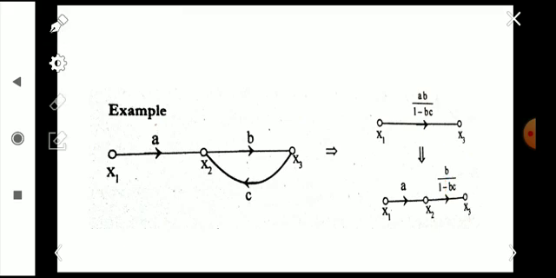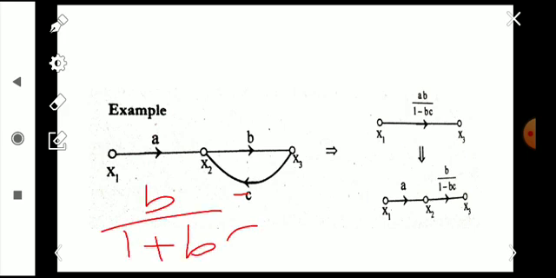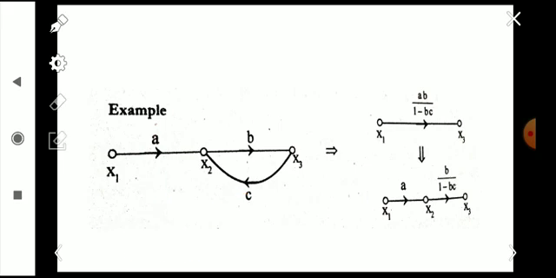If there is a negative sign in c, that is minus c, it is given to the negative terminal, which means we are giving negative feedback. So the equation becomes b by 1 plus bc. For a positive feedback you see only the value here, and for a negative feedback you see a negative sign here. So that's about the thing here.